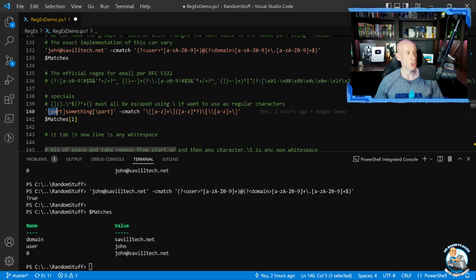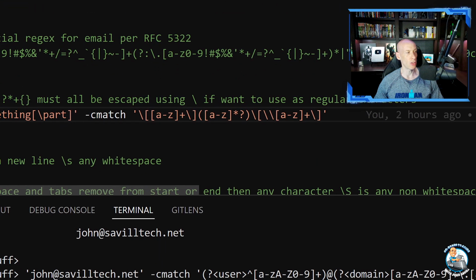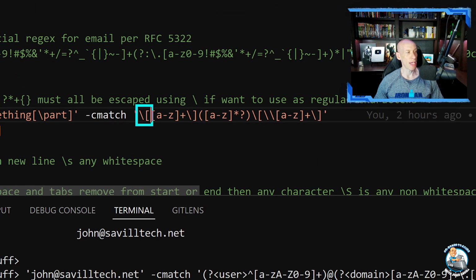So here my demo string is square brackets part something square bracket backslash part square bracket. If I actually want to match on those things, notice what I have to do. Firstly, I have to escape out the opening square bracket, so it's treated as just a character, open square bracket, instead of starting a character group to compare to. I also have to escape the closing square bracket. Then I'm creating a character group, with parentheses, of 0 or more characters,